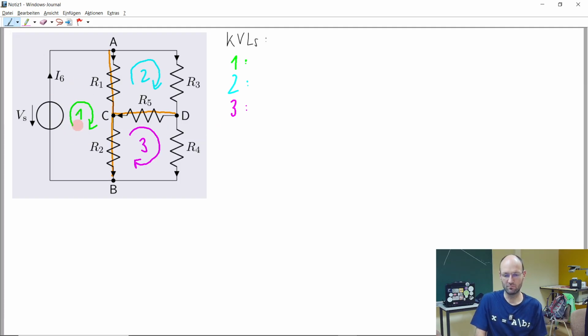So what can I write for the Kirchhoff's voltage law here in the first mesh? The source is V1 plus V2? Exactly. So I will write V1 plus V2 equals V source. I will write the unknown quantities on the left side, the known quantities on the right side, to directly order them. Okay, so for the second mesh,